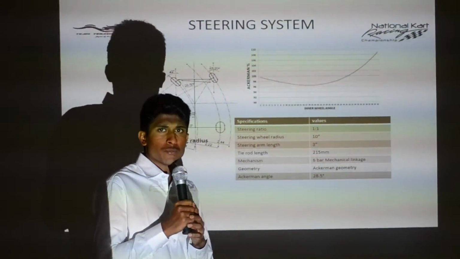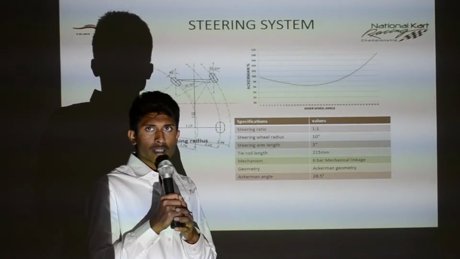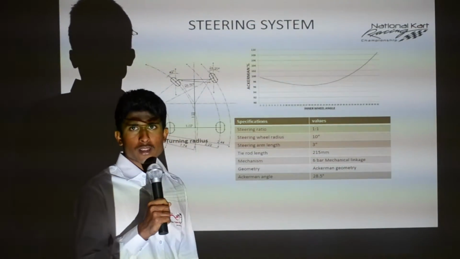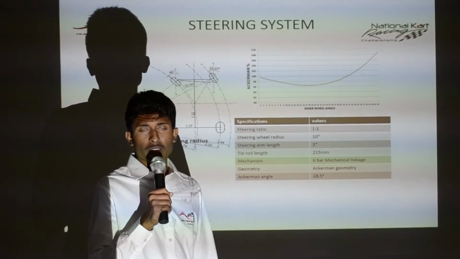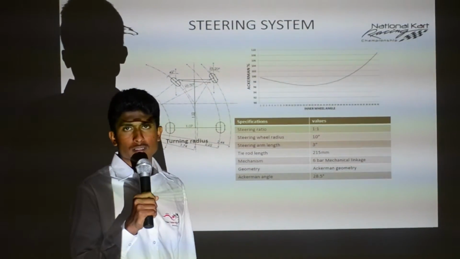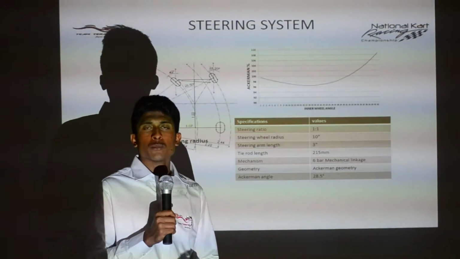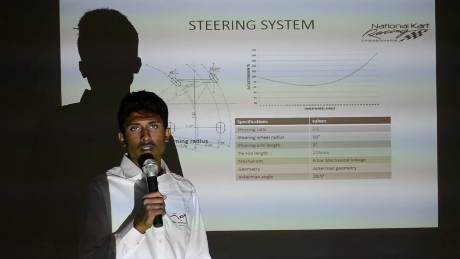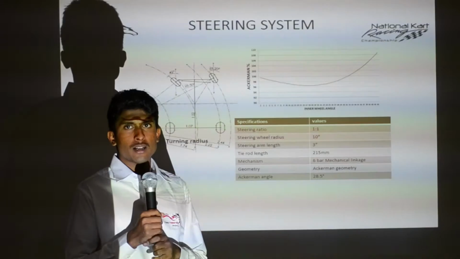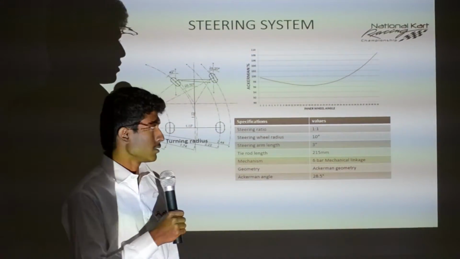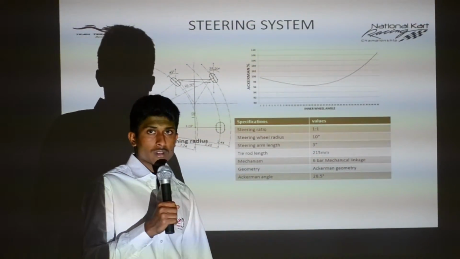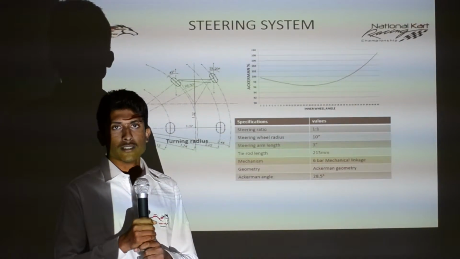Hello everyone, this is Jagan explaining the steering system. We have designed a 1:1 ratio with the mechanical linkage, which is low of cost, easy to fabricate, and easy to adjust the toe angles. We have set our steering arm inclination with Ackermann geometry, which gives us a good turning radius of 2.44 meter, and we have set the Ackermann angle at